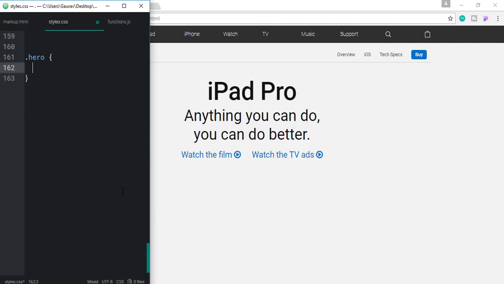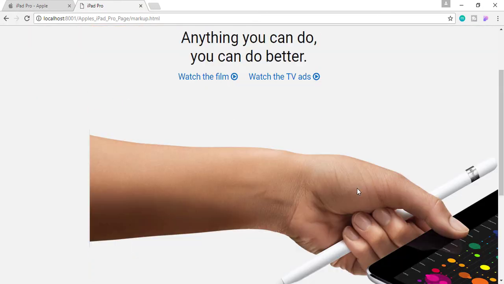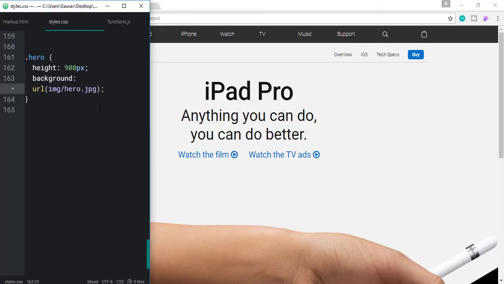So let's give it a height of 900 pixels. Background of that image, image hero dot jpeg. Let's save that. So here we have got the image, but we need to style it perfectly.